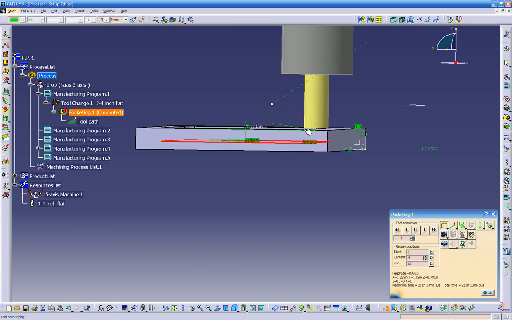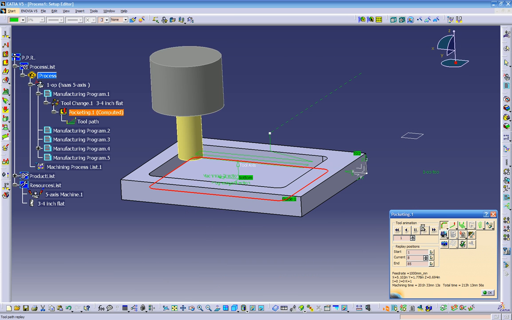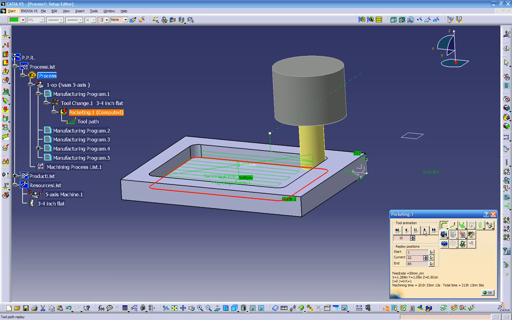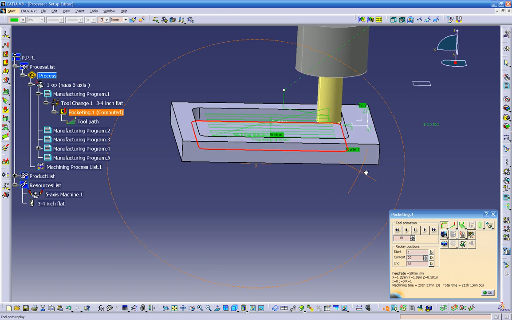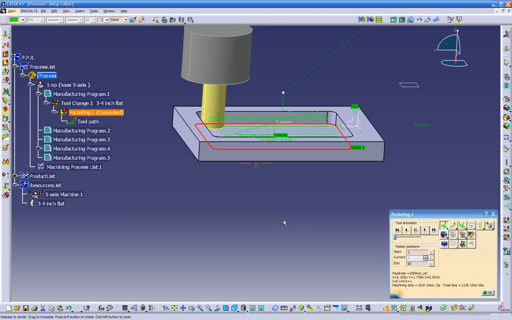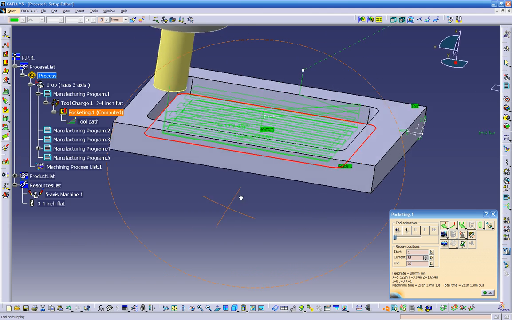So it ramped into the part, the one here, so we can see every step of the way. But if you want to jump 10 steps at a time, we just click 10. So on each click, see, it jumped 10 steps at a time. So this is 10 steps. And if you want to play it normal, just go back to this. Let's rewind it and click play. And this is our